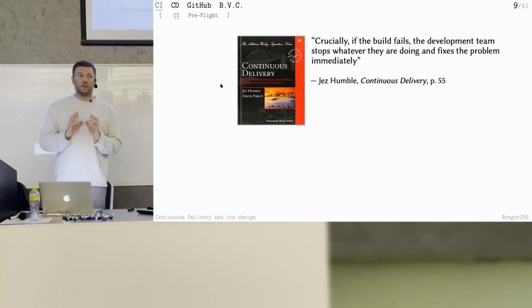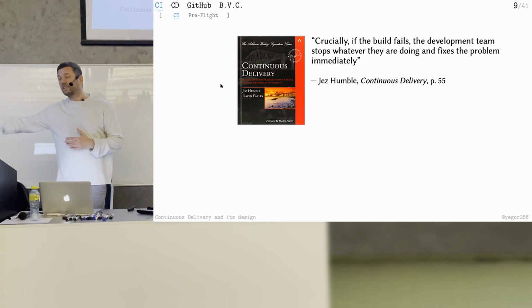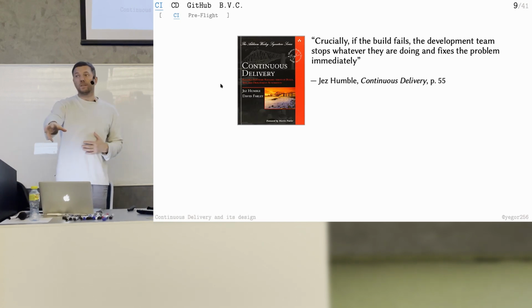Let's say I'm the developer and I break the build. What does it mean to break the build? I introduce some code which doesn't compile. So let's say I open the file, I type some code there which is broken, then I do git push, it goes to repository, the continuous integration server says, something is broken, I cannot compile, but the other 19 people who are sitting next to me continue working. They have their own jobs, their own objectives, their own files, so they continue doing what they were doing. But the build is broken.